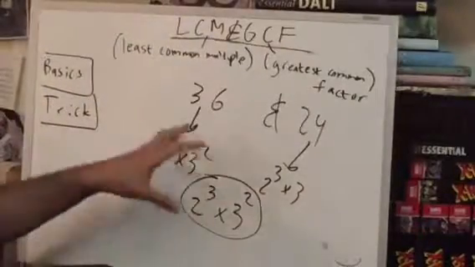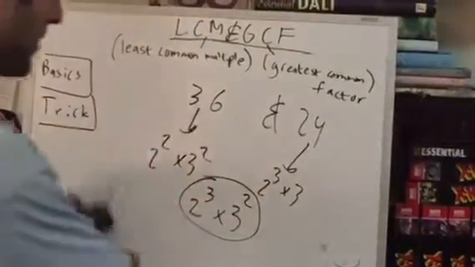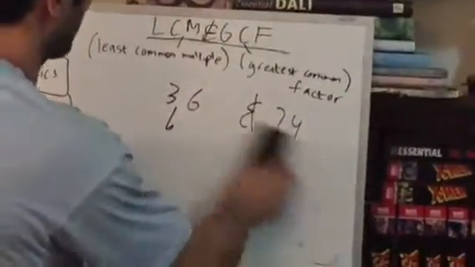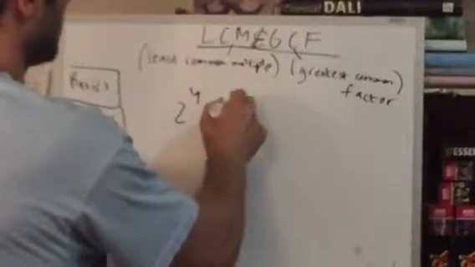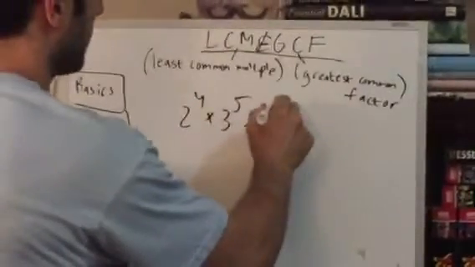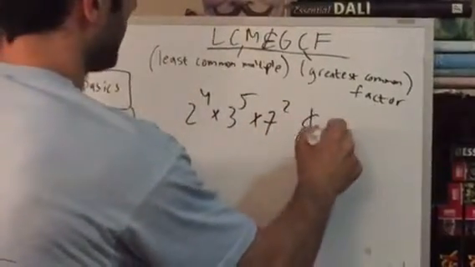All right, let's run this on a larger example so you can get the hang of it. So let's say you have this messy prime factorization, and your second number is,